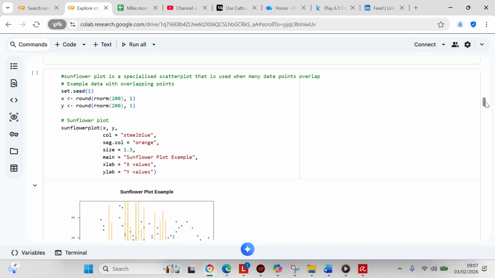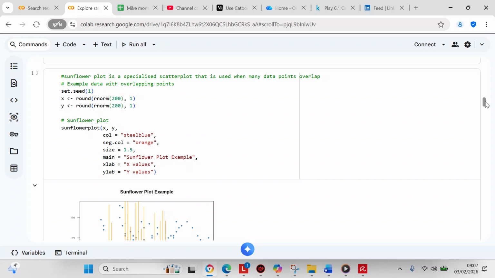And so your sunflower plot is using R's inbuilt function. sunflowerplot(x, y, col = "steelblue", seg.col = "orange", size = 1.5, main = "sunflower plot example", that's your title,